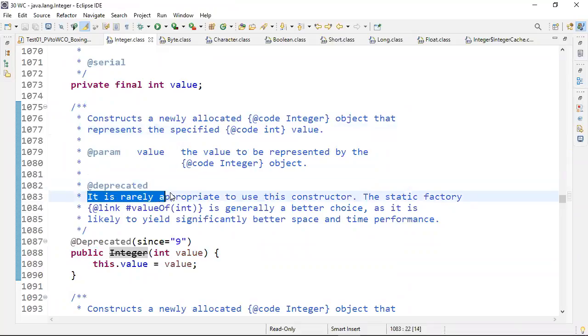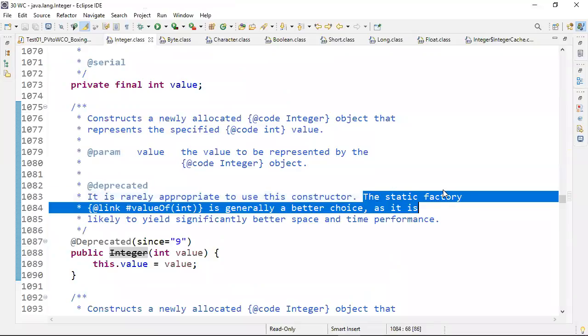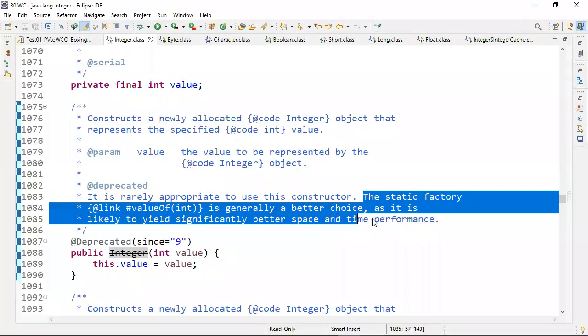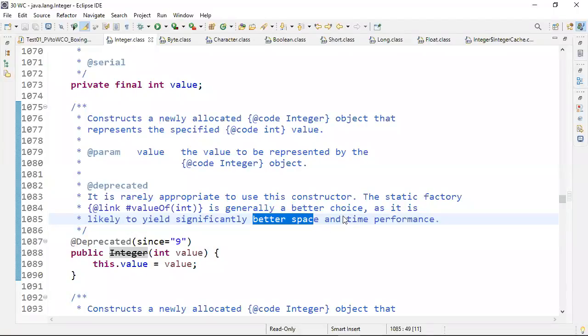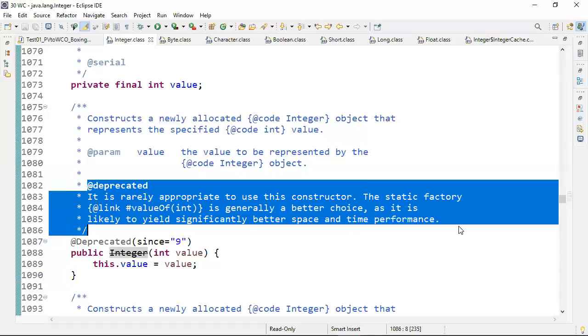It is rarely appropriate to use this constructor. The static factory method valueOf is generally a better choice as it is likely to yield significantly better space and time performance. Better space means less space it is consuming and less time it is taking to execute. So that's why don't use the constructor, try to use the valueOf method. This is the message they gave.